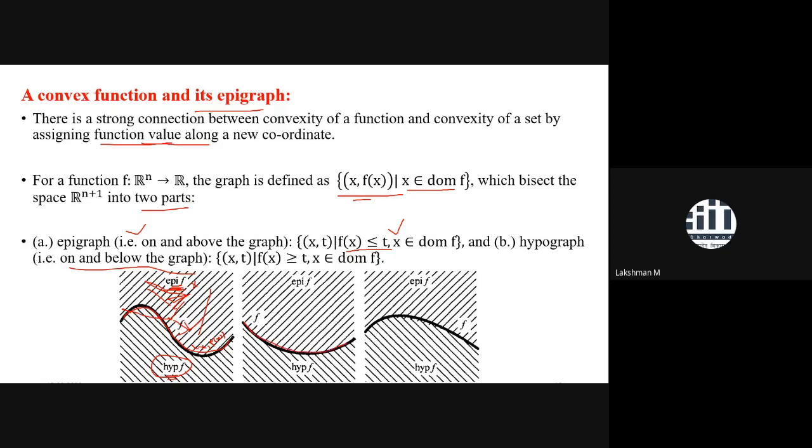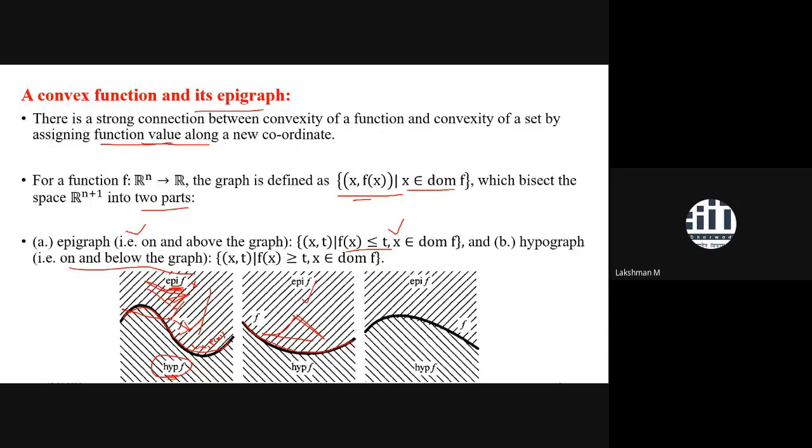But if you come to this graph, you have this kind of graph with curvature opening up. With respect to that, this is the epigraph. If you take any point in the epigraph and you join the line between those 2 points, you will observe that the line segment would completely remain in the same set, the epigraph. So that's where this one is convex.